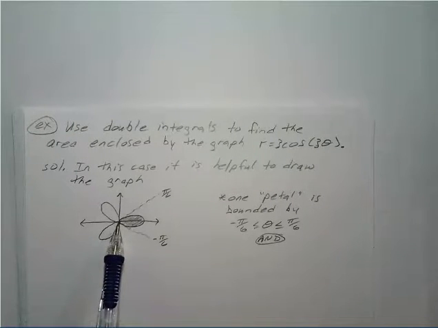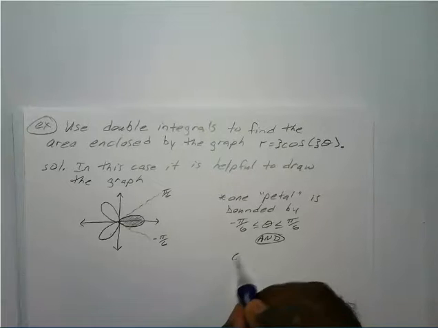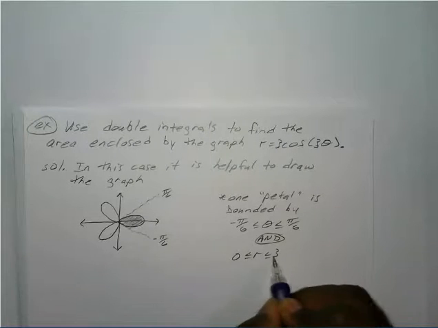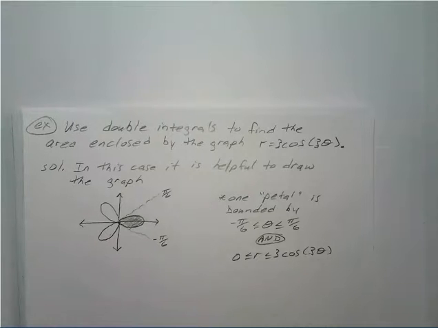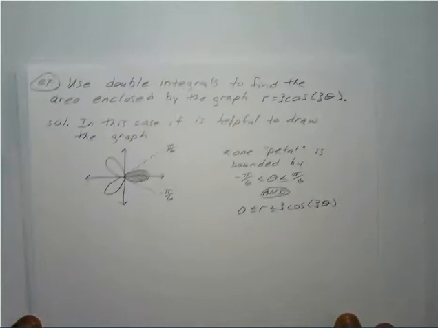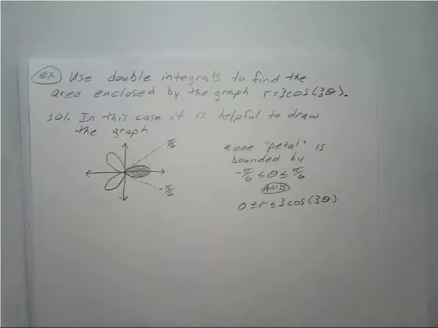That's right there at the beginning. Okay, so we have our boundaries. So if we find the area of one petal,